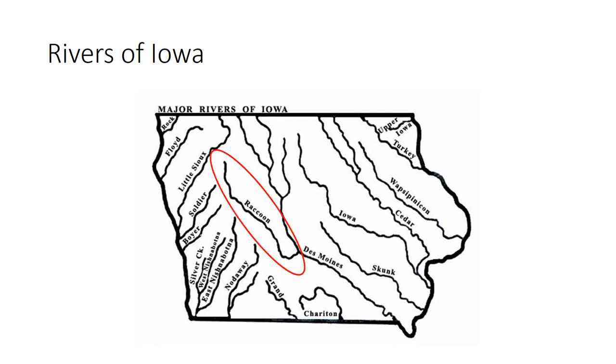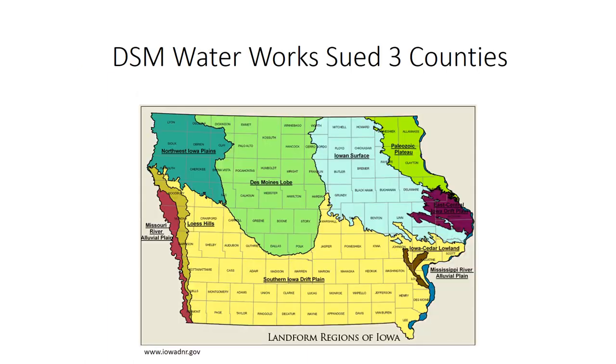But the river that is the issue is the Raccoon River, and the Raccoon River exists on the western edge of what we call the Des Moines lobe. So this green area in north central Iowa was the most recently glaciated portion of the state. So it's very flat, and if you're a duck hunter, you might know this to be sort of the southern extent of the prairie pothole region. So back before everything was settled,